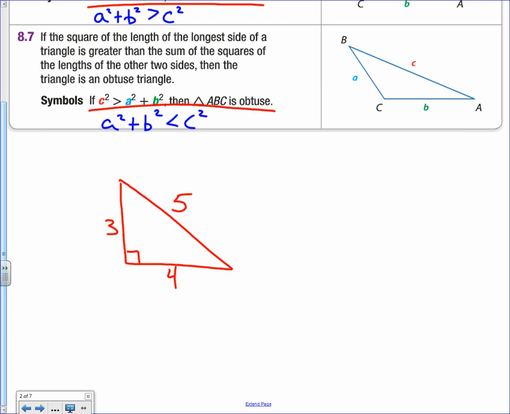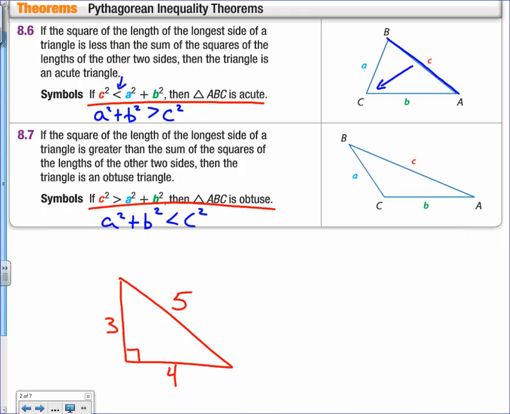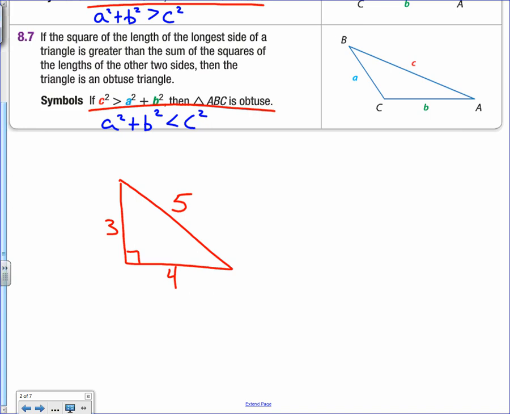If you didn't know that, you could use the Pythagorean theorem if I only gave you 3 and 4. So what would happen, and that's what these two theorems are talking about, if we kept the sides 3 and 4,